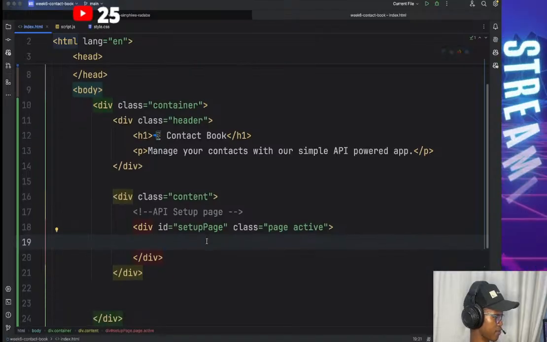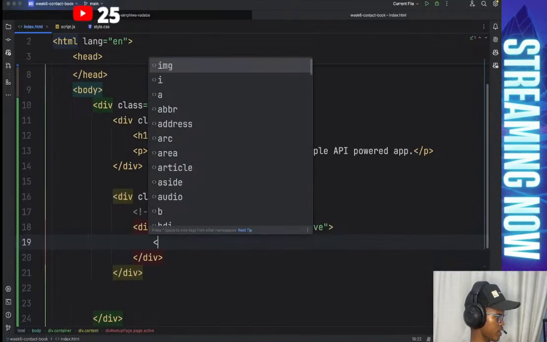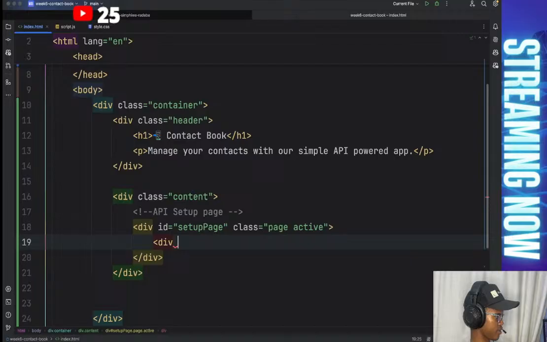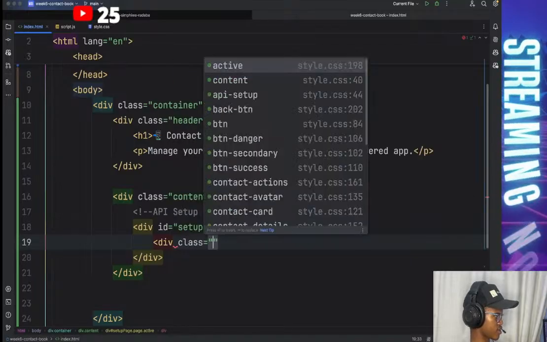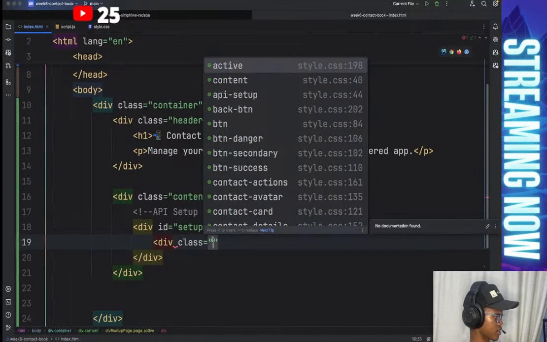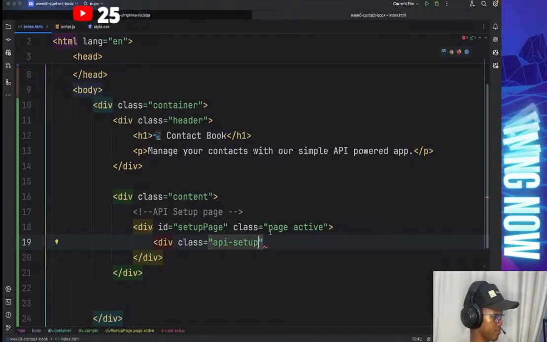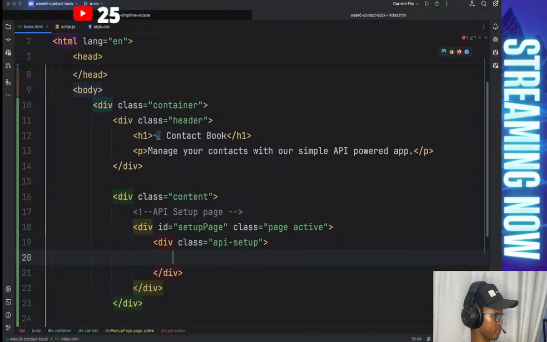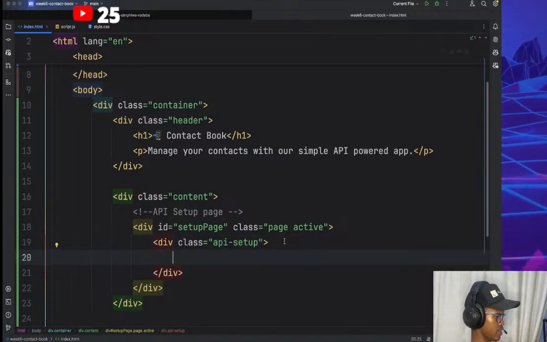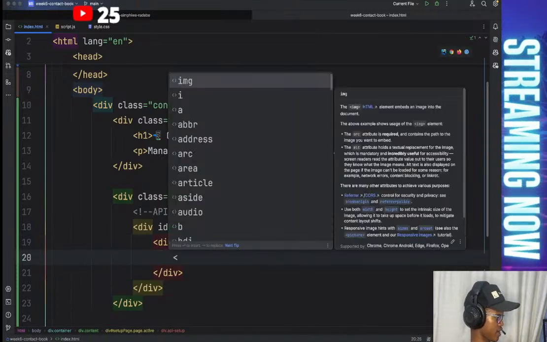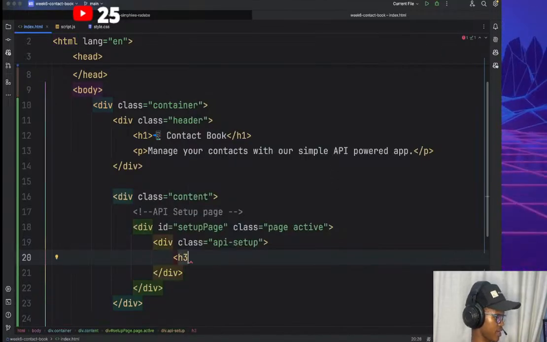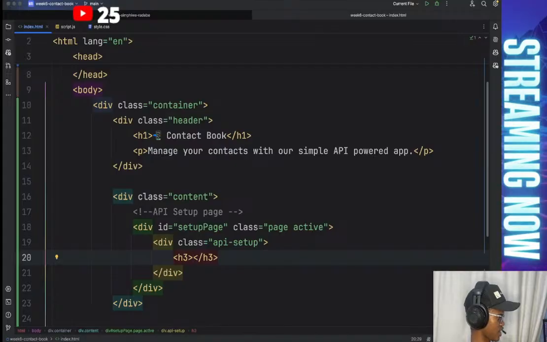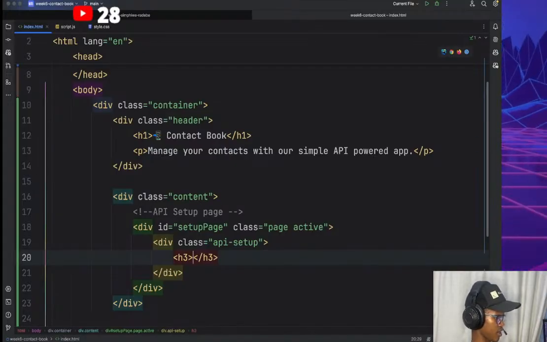contacts page. Okay. Now the next part is us adding our div, and this will have a class, and this class will be API setup. So it will be a div with a class of API setup. Cool. And this API setup will just have some text to say that an API is required. So we'll add a heading. So we'll add an h3, and then in this h3,